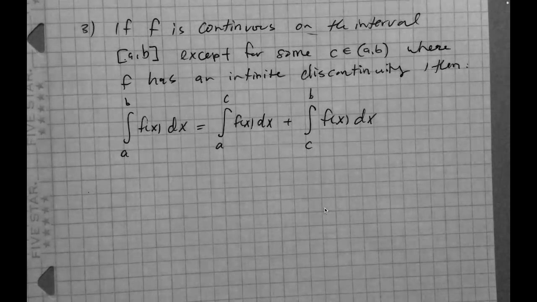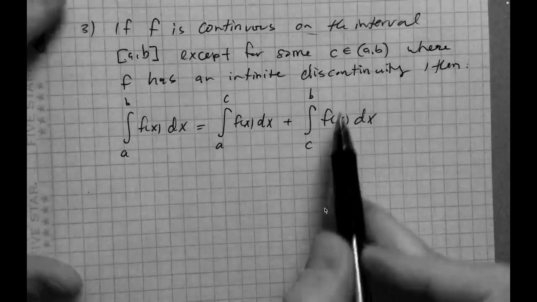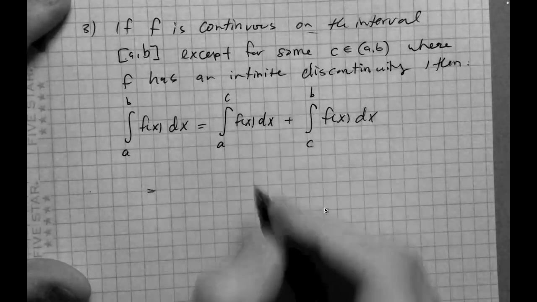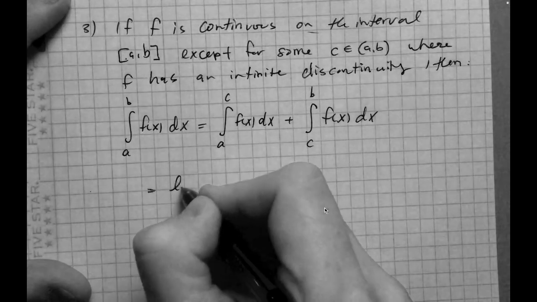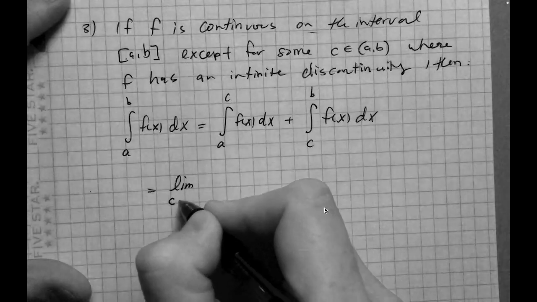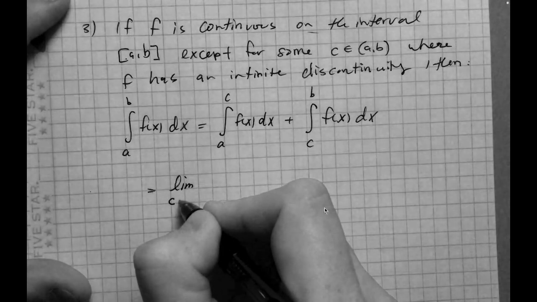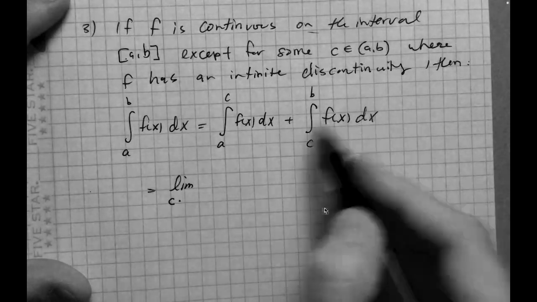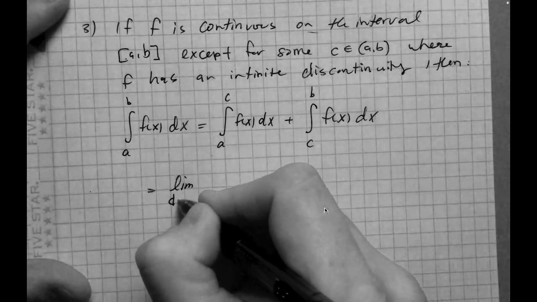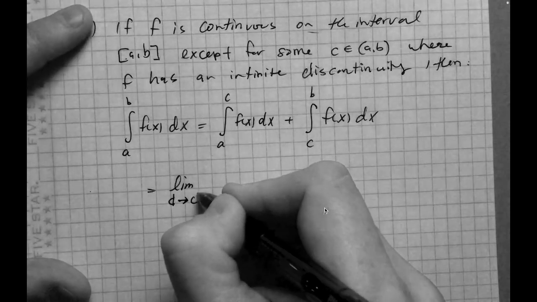Right, now C is the problem area, right? So basically we're going to use 1 and 2 here. Let me explicitly write it down. So this would be plus equal to the limit as, let's see, I'm going to think of another variable here. So we'll just put D. D approaches C from the